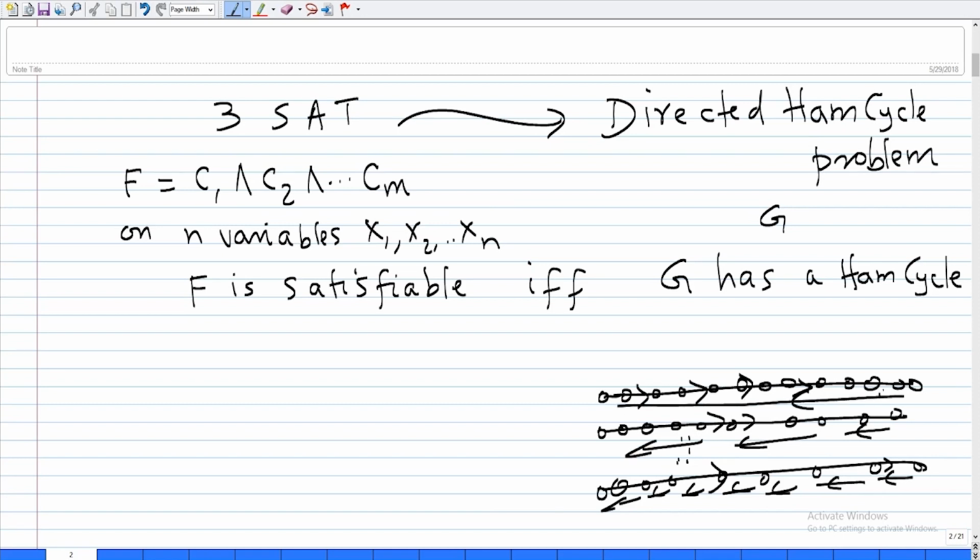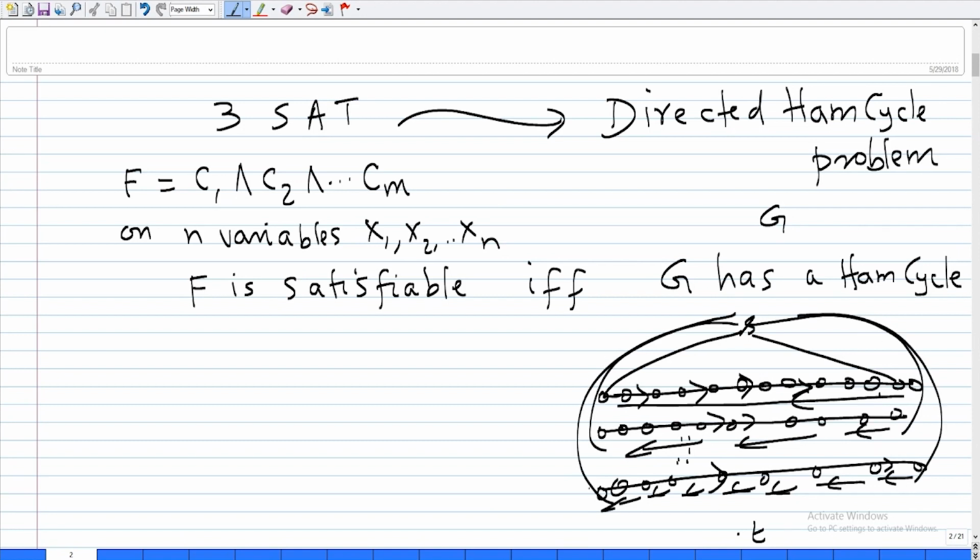Okay, so these edges are also in both directions. There is an S and there is a T, and S is adjacent to both endpoints of all these paths, and T is also adjacent to, no, S is adjacent to only the endpoint of the first path. Sorry,